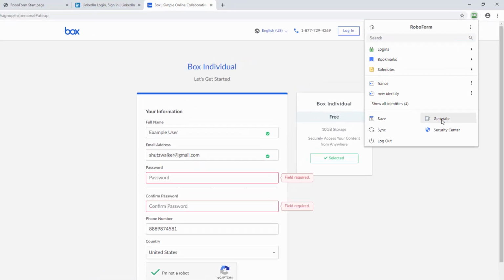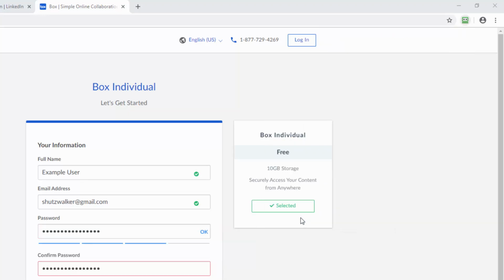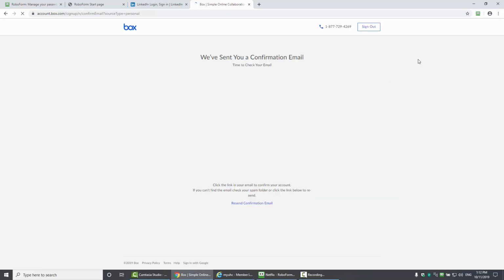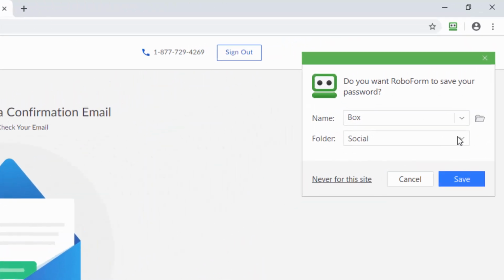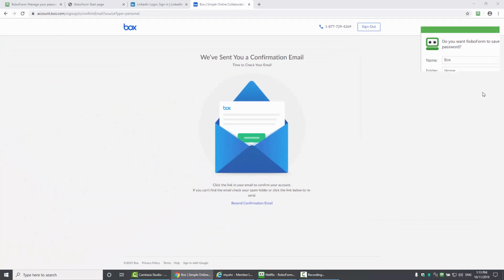When creating a new password or changing one for an existing account, please use the RoboForm built-in password generator, which is located in the RoboForm browser extension or toolbar. Once we insert the newly randomly generated password into an account creation page or a password change form, RoboForm will take care of the rest. This simple practice will ensure all your accounts always have unique and complex passwords.